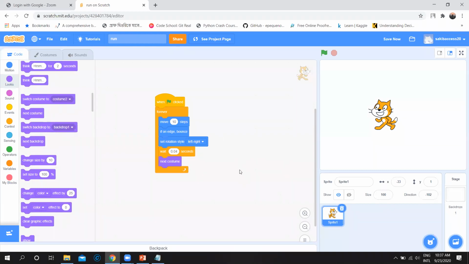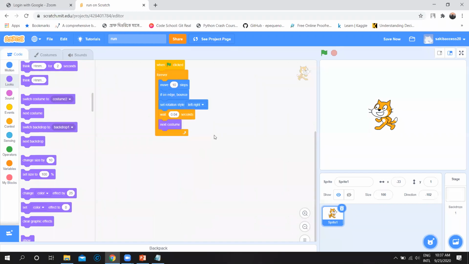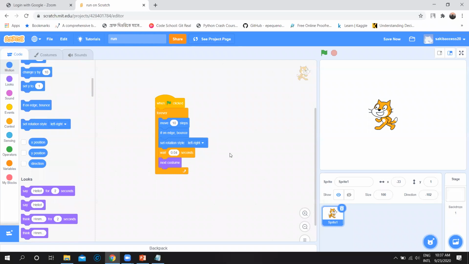Okay, that's how we have written some code for this sprite. See, always here we are writing code for a sprite. Then also we can add some background to our project. All of you try to understand it. Also, by default there is no background here.